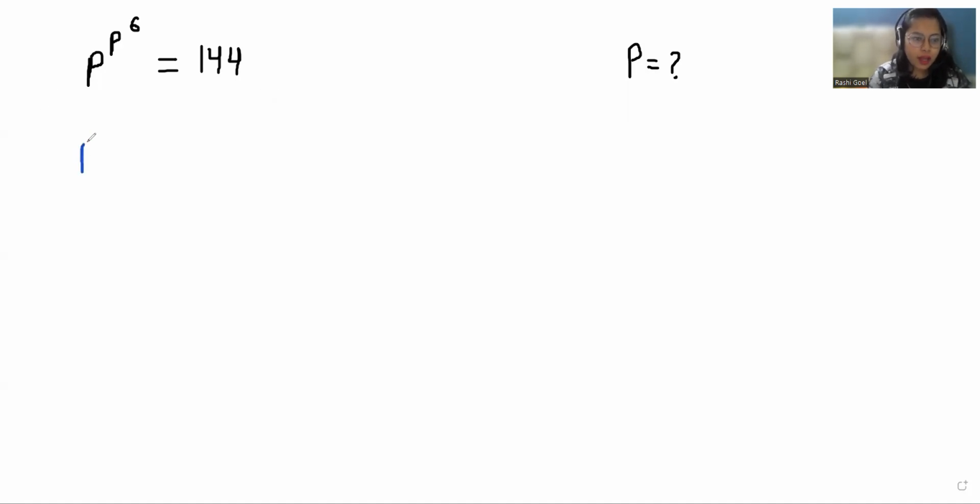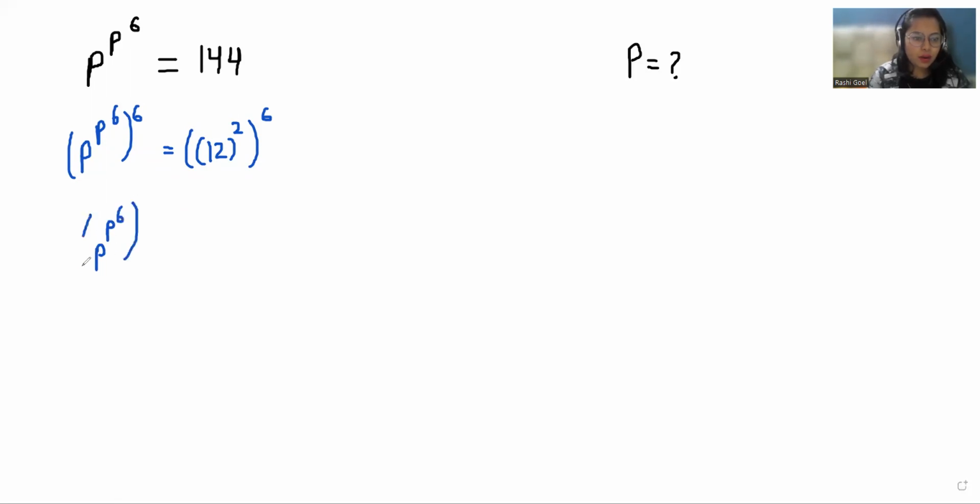So as we know that 144 is the square of 12, so we can write it as 12 square. Now I am going to raise both sides to the power 6. So we can write it as p power 6 whole power 6